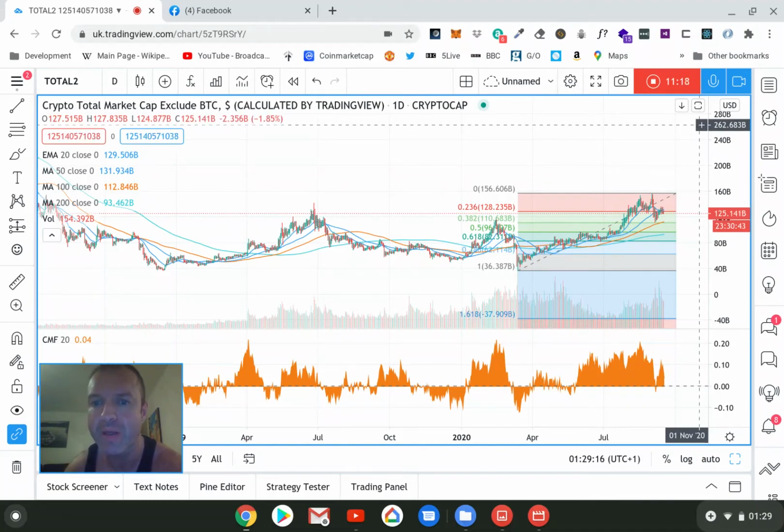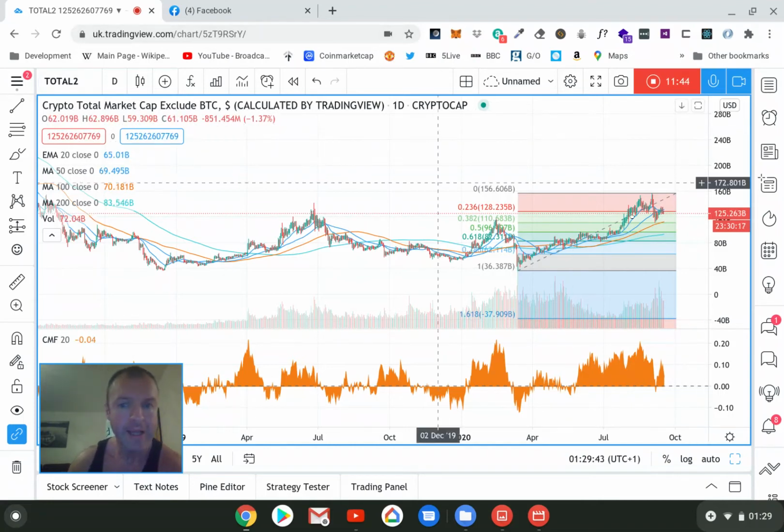I wouldn't be surprised. That could happen, and if that did happen, I'm holding 65% of my portfolio in Bitcoin. But in the altcoins that I have got, if they do run up this high, that's a big scope for big gains, really big gains. And you're looking maybe at Ethereum getting up to nearly 4 figures, if that is the case. Right, next chart.